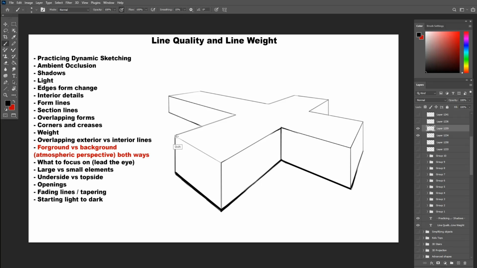Still maintaining the difference of lines in the same edge, like in between the top and bottom, long edges, and corners. But each area has its own levels of weight. As we go to the background, we can see how thin the lines are getting the more we go back.